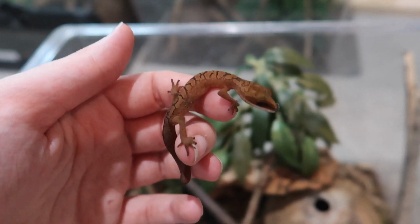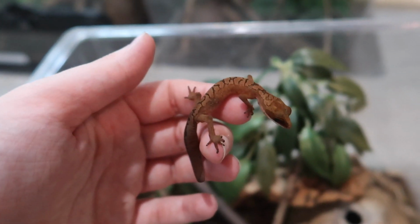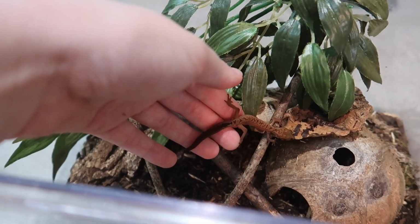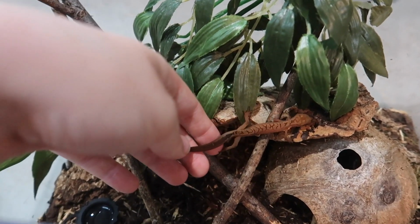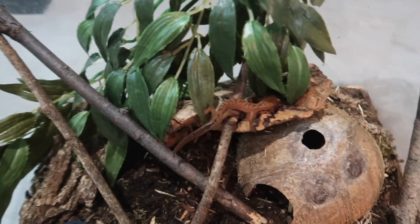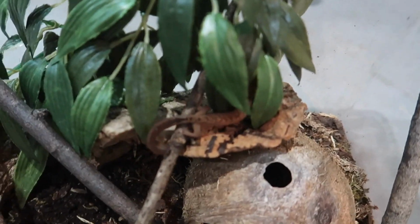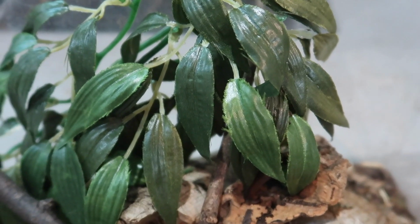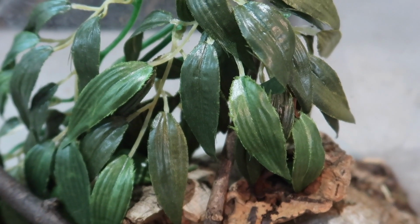Alright, and now let's put our last little baby cat gecko back home for the night. Go have fun, go check out your new coconut hide. Goodbye. Goodbye. So now that all of the baby cat geckos have been weighed and possibly sexed, let's talk about eggs